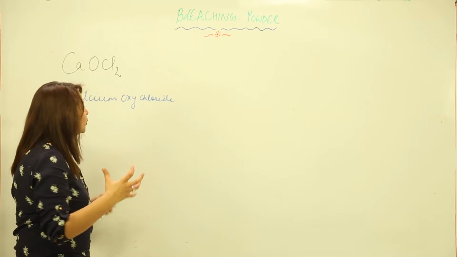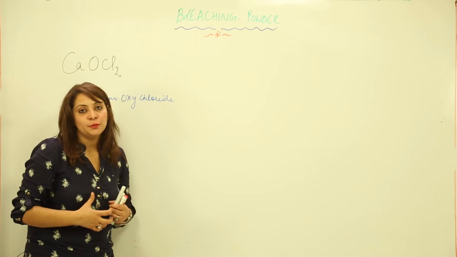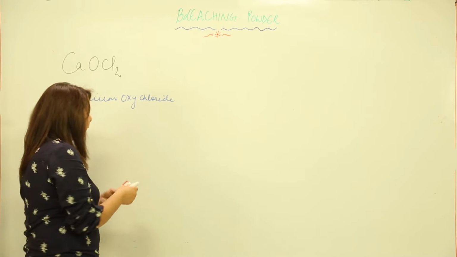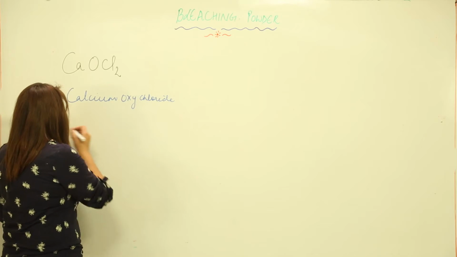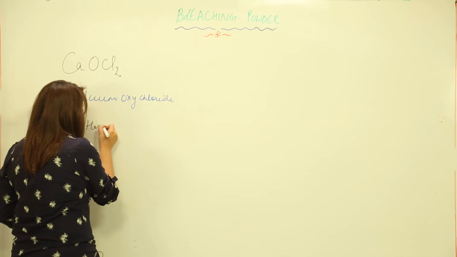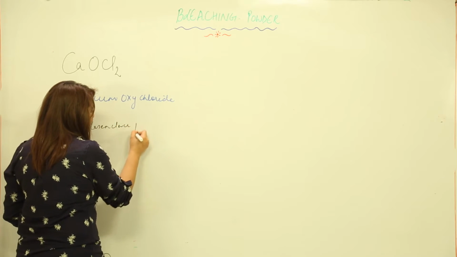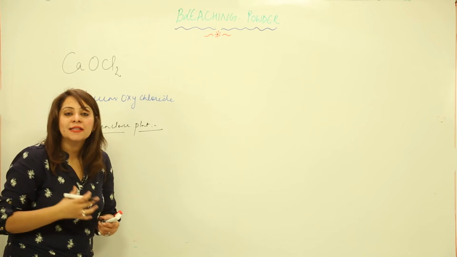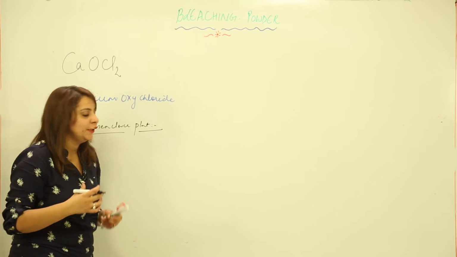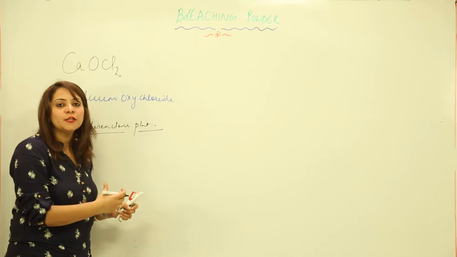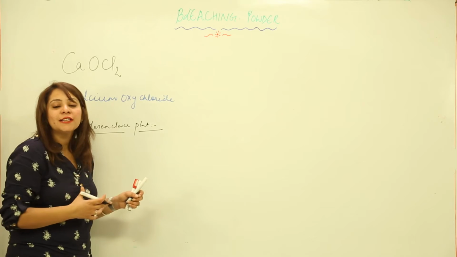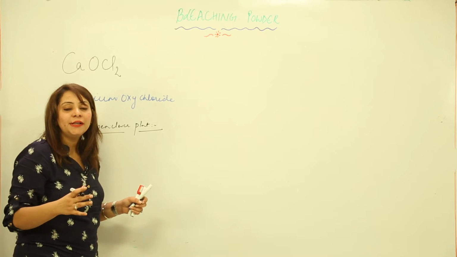Right. Now the question is how this important bleaching powder is being prepared and what is its importance actually. So it is prepared in a plant called Hasenclever plant. What kind of reaction occurs in this Hasenclever plant and what is it actually? I'll be showing you this Hasenclever plant with a picture, with the proper diagram. But before that, I just want you to be familiar with the raw material and what kind of reaction